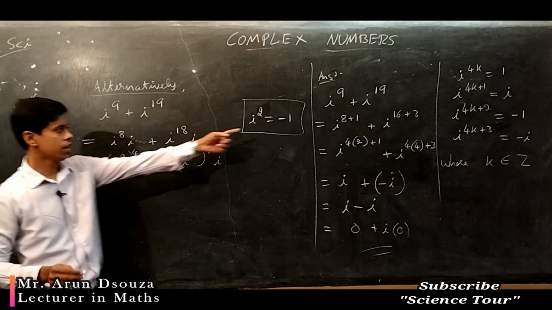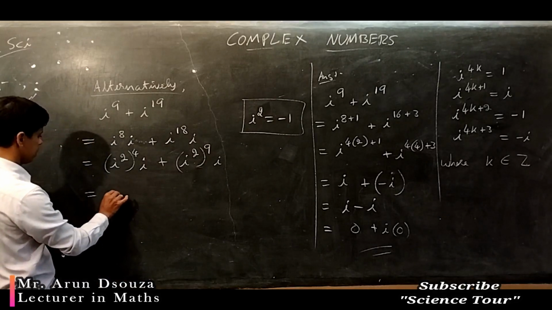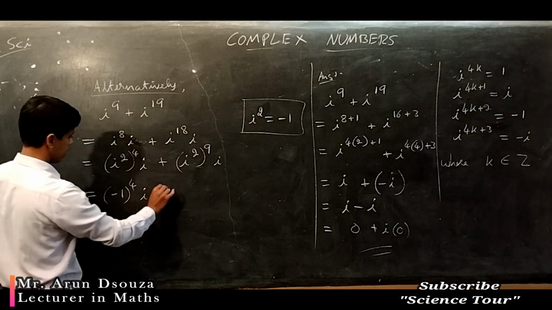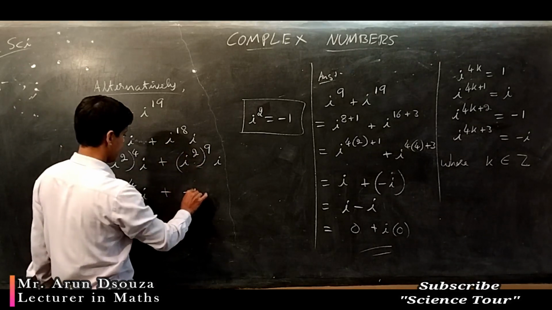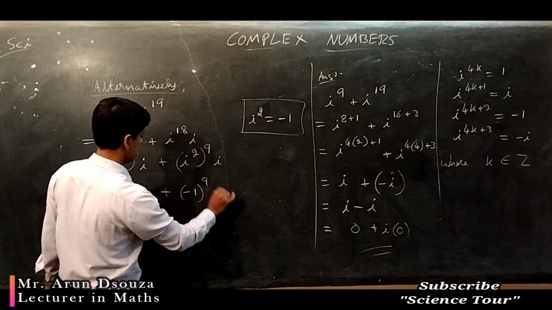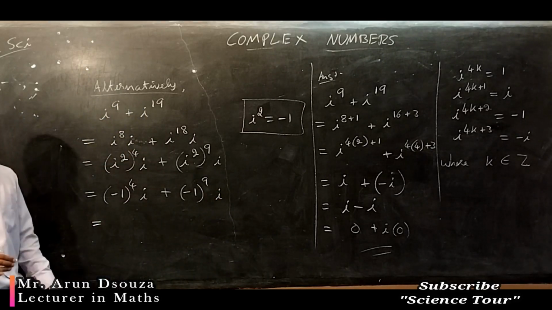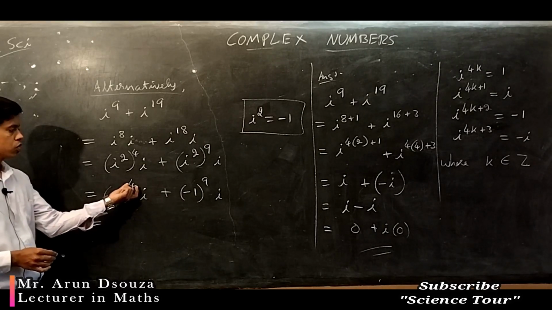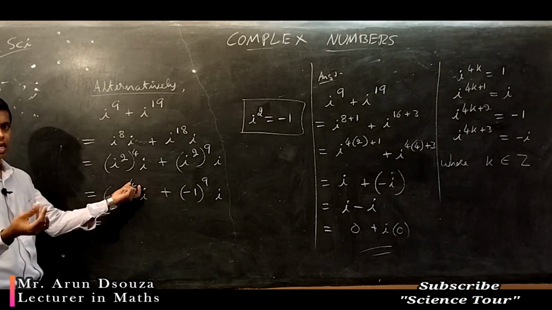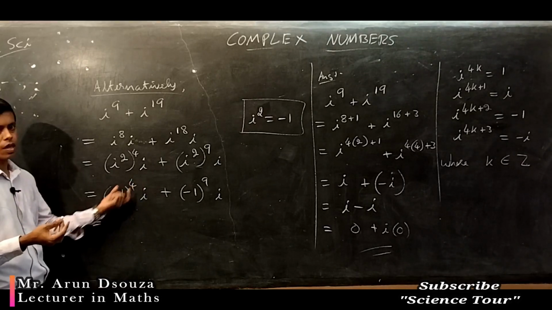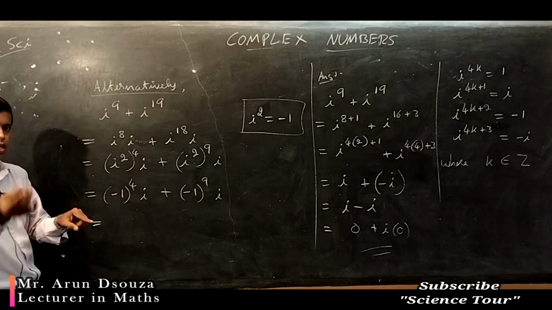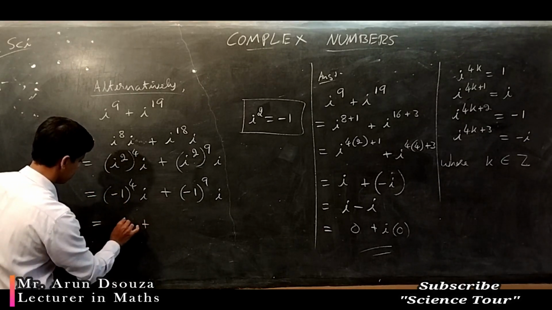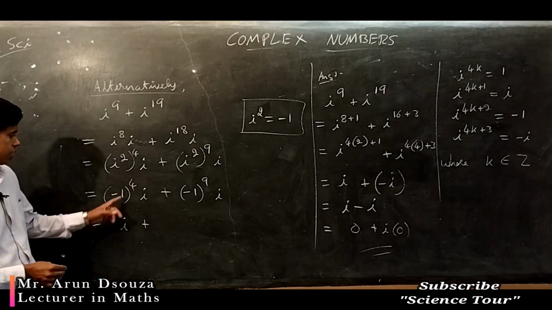Now what is i square? -1. So this is -1 to the power 4 into i, and this is -1 again, and this is 9, right? Okay, so now this is like -1 to the power 4, even power. So even power, -1 into -1 into -1 into -1 will be positive. Correct? So 4 times if you multiply a negative number, you will get positive, and that is 1,